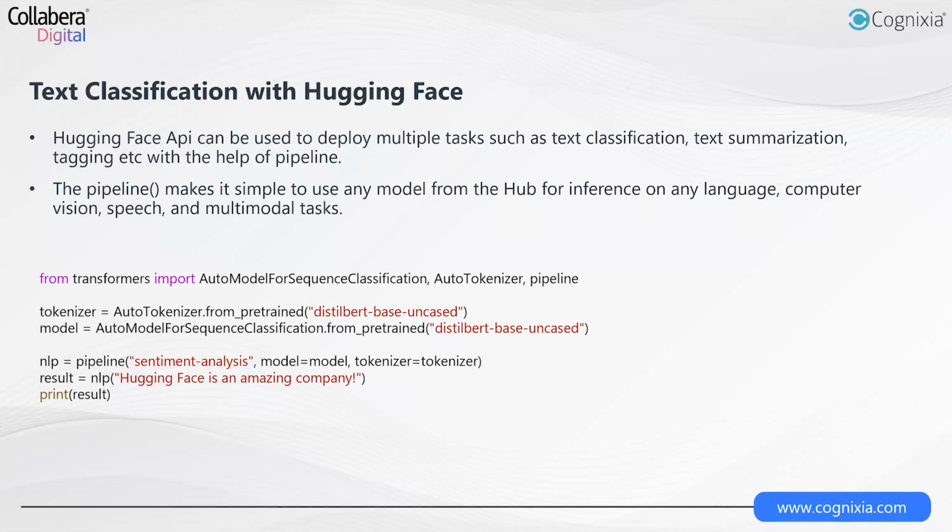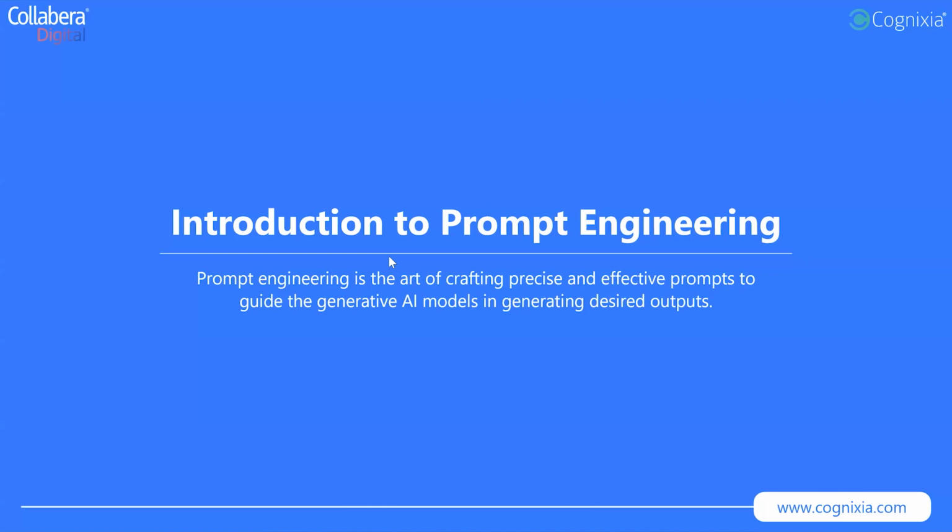Let's now shift to another super interesting component, which is where we talk about the concept called prompt engineering. Now, one of the ways to consume generative AI engines, large language models, is to do prompt engineering. If you remember, we were putting a question, or you can say an input, into the model. That was an example of a prompt.